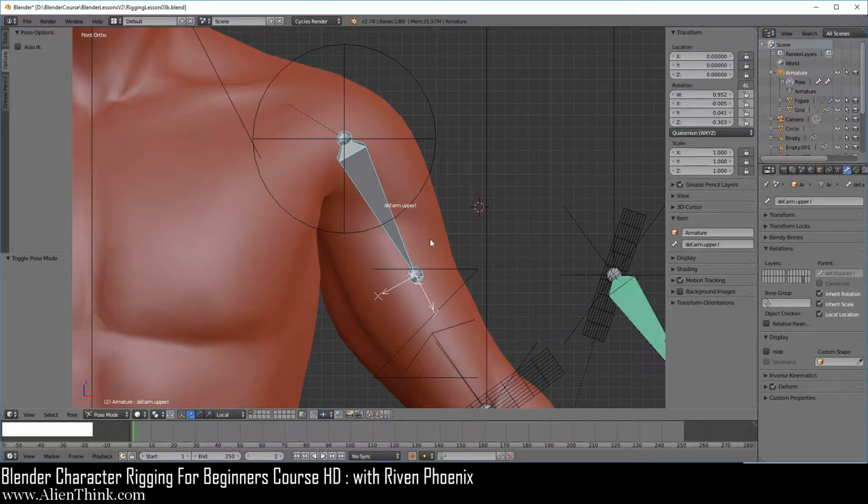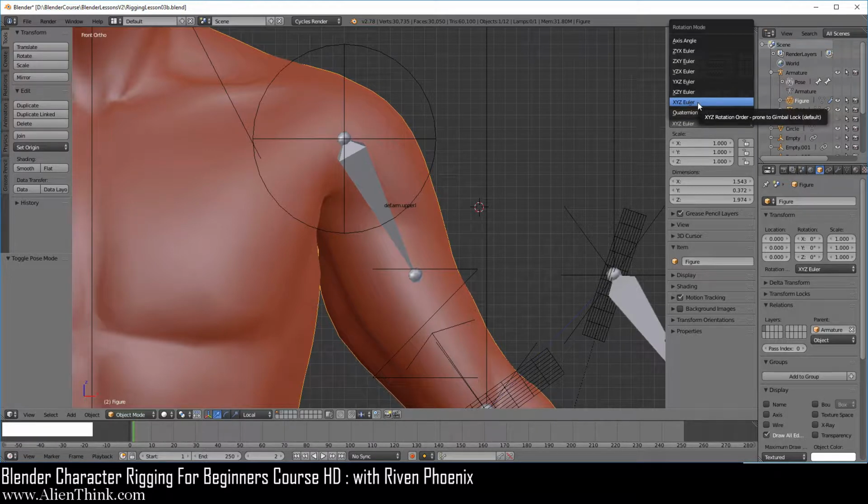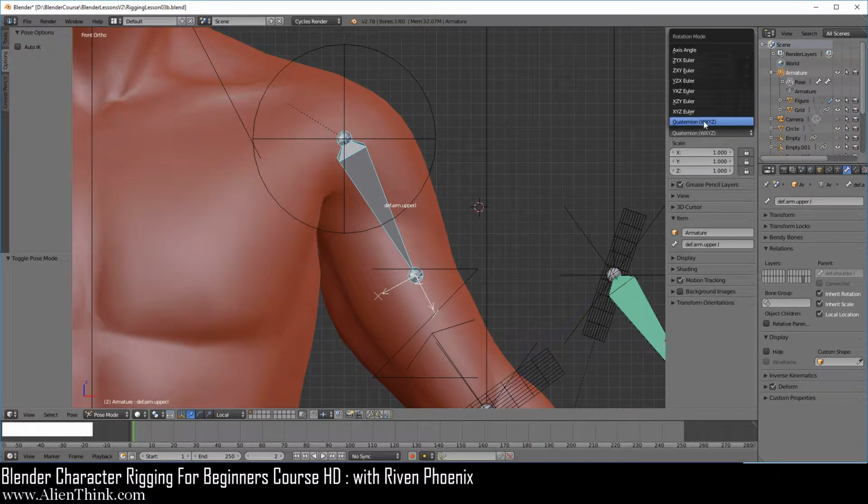And on the object, if you click on the figure, the default will be set to XYZ Euler. I'm going to go ahead and click on this bone. So here we're now going to take a look at what is